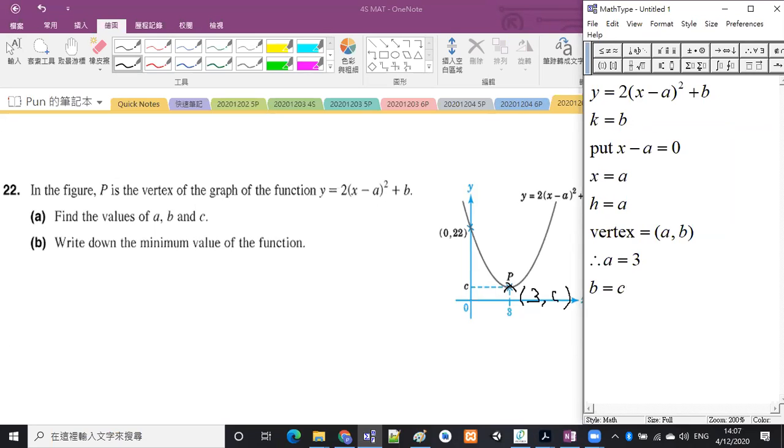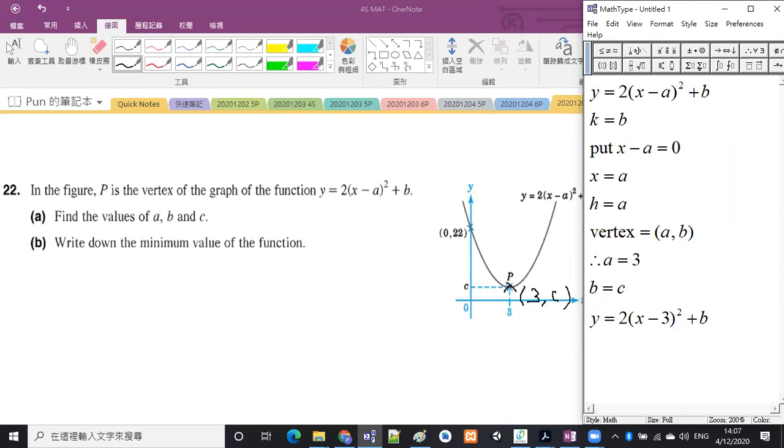The y coordinates of the same point must be equal. Okay? One of them is B, the other is C, so B should be equal to C. But we do not know one of them, so we do not know the other. We need to calculate the other. Okay? So now we have A equals 3, and then y will be equal to 2 times (x minus 3)